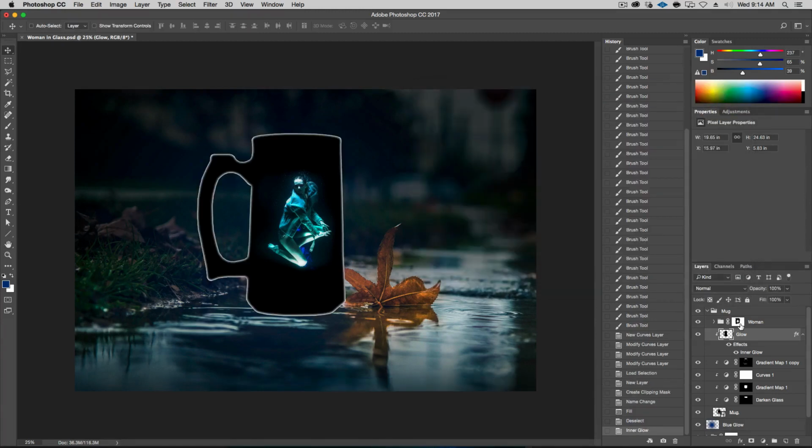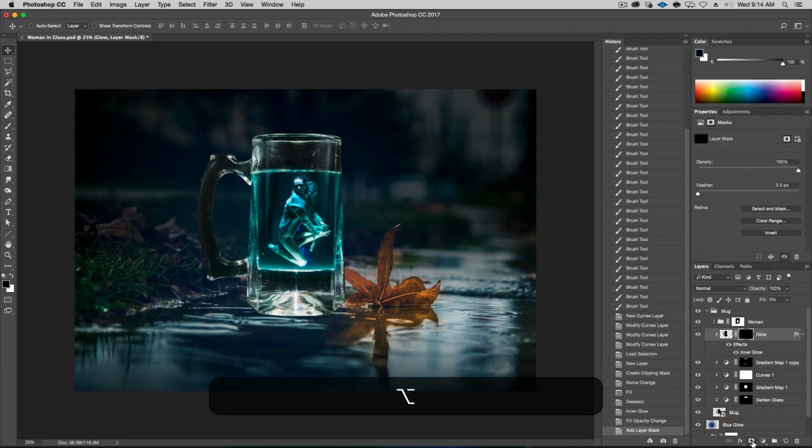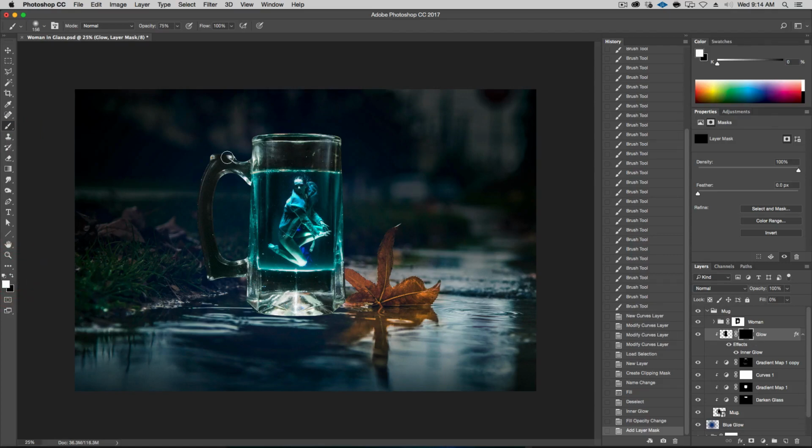Okay. All right. So now I want to not have the fill. So the black, I want it to be completely gone. So I'm going to lower the fill completely. And now you see that it's just the glow. All right. But I don't want it everywhere, actually. So what I'm going to do is I'm going to add a black mask. But if I reveal now using a brush, because it's all black, right? So it's hiding everything. If I go in here, go 100%, and I unmask some areas, the glow is happening around the mask. So that's a problem.